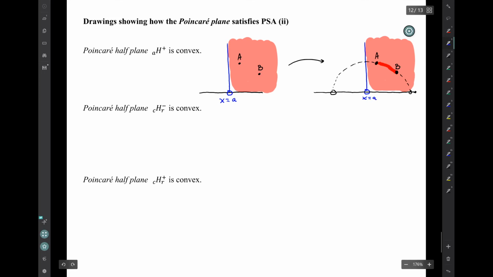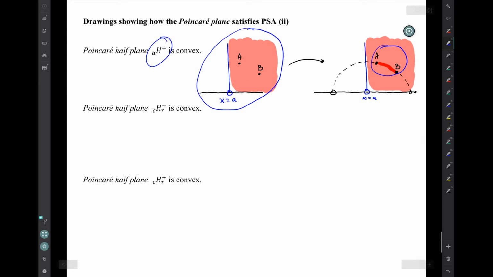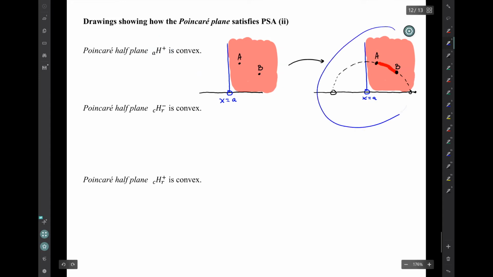So there's an illustration that shows if 2 distinct points, A and B, are in that type 1 half-plane with a plus, then the segment that connects those 2 points is a subset of that same half-plane. Now notice in this drawing on the right, segment AB is a subset of that half-plane. Line AB is not a subset of the half-plane. Line AB goes on over into the other half-plane. So the drawing should be clear. Show the segment and then also show the symbol for the line. So the statement that the half-plane is convex does not say that line AB is a subset of the half-plane. It says that segment AB is a subset of the half-plane.